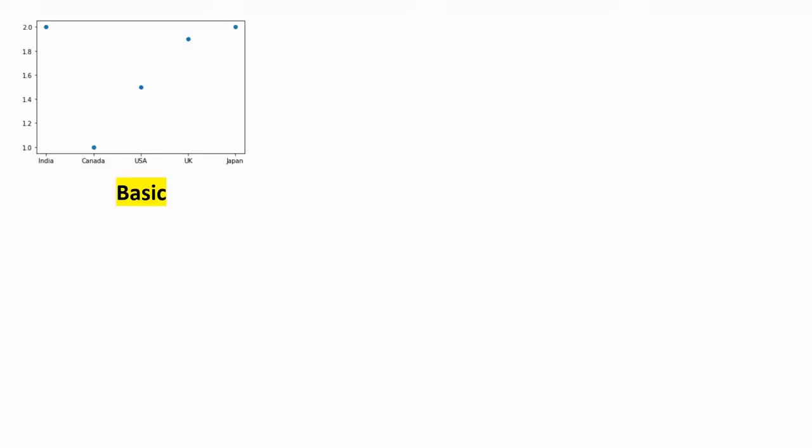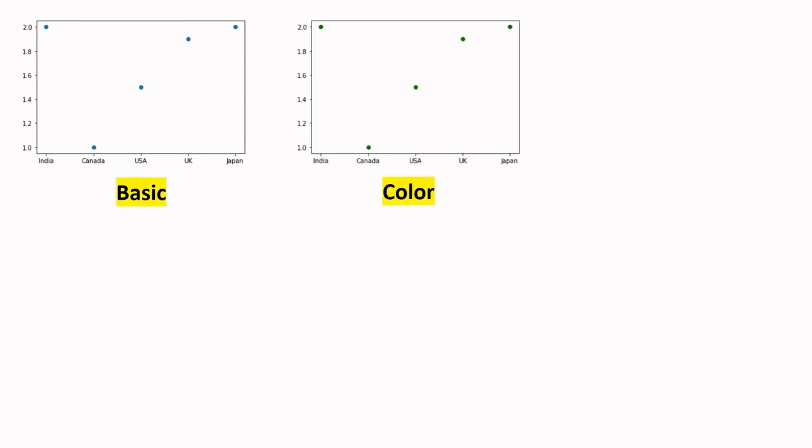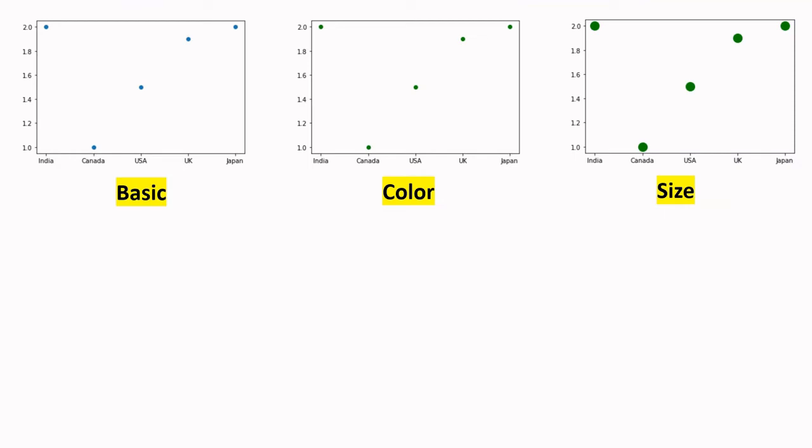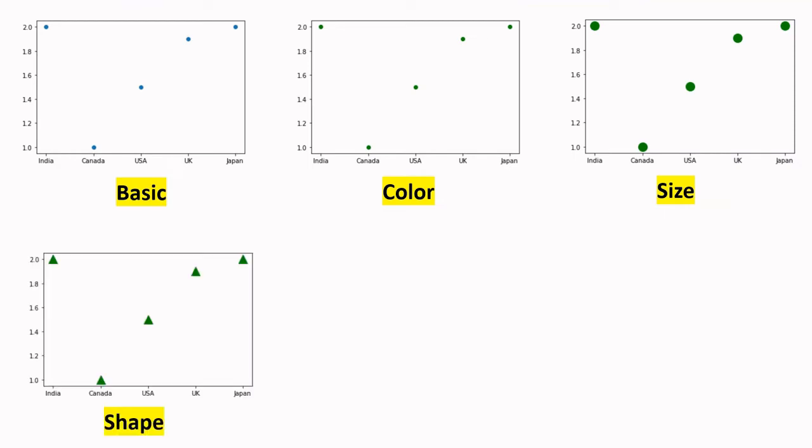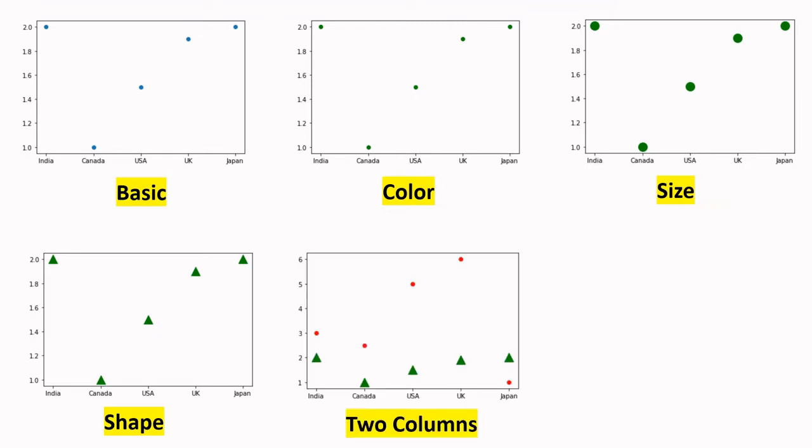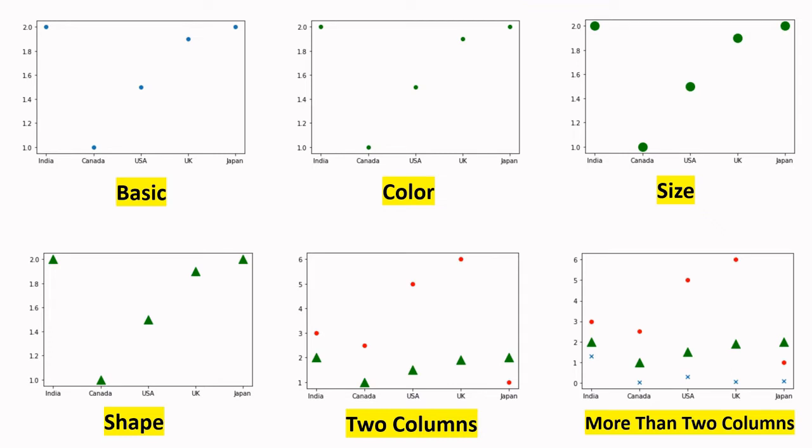In this video, we will see how to create the scatter plot. One basic scatter plot we will start with. Then we will see how to change the color of the markers. Then we will see how to change the size of markers in a scatter plot, shape of the markers. Then we will see how to use 2 columns, in fact 3 columns in a scatter plot. And here we can see how to use more than 2 columns, I mean the value which have been plotted over here, not about this one.